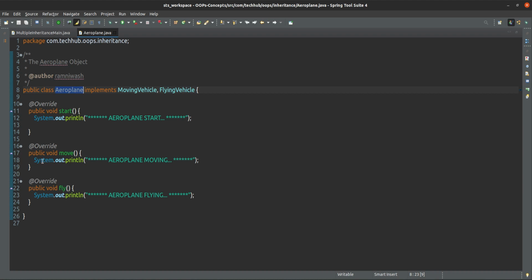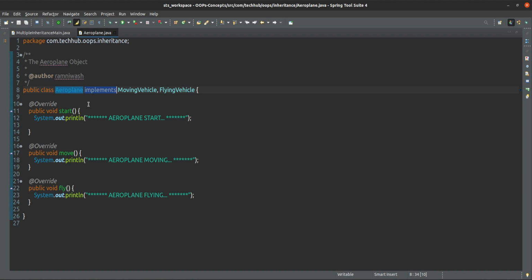If you are observing here, previously I was using the extends keyword to inherit the features of any other class. Previously we were using extends, but now we are using implements. Why? Because in Java there are two ways to inherit features. One is you can extend a class, or you can inherit an interface also. What is an interface? Why an interface? All those things we will learn in Java, when we start the Java course.